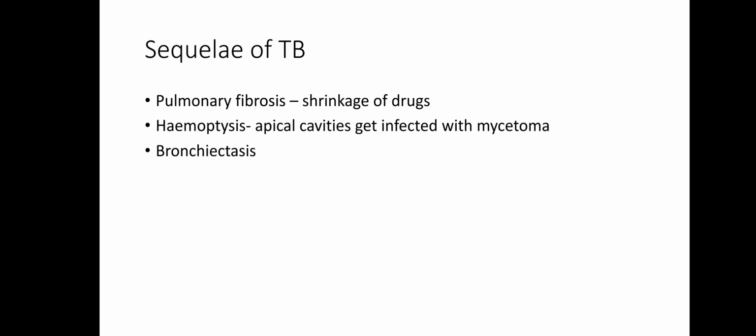And it can also cause bronchiectasis. Bronchiectasis means when the walls of the bronchioles are damaged by inflammation, they become weak, and usually they dilate because of the weakness. So as they dilate, they get filled with mucus and sputum, and